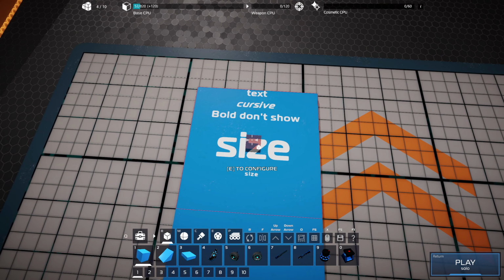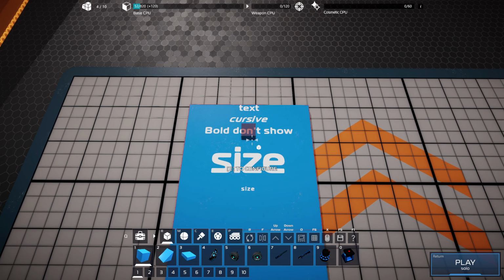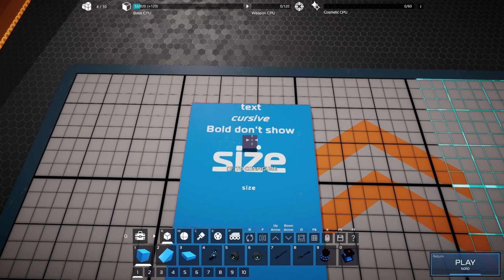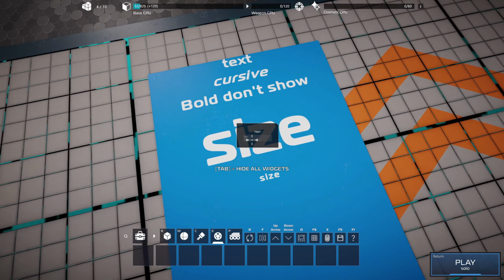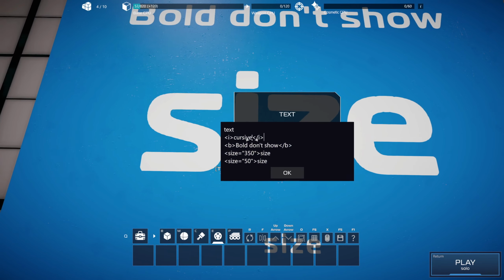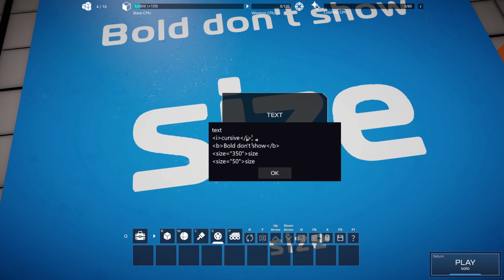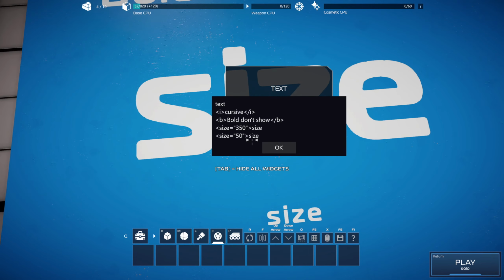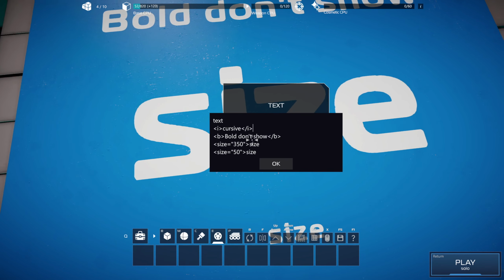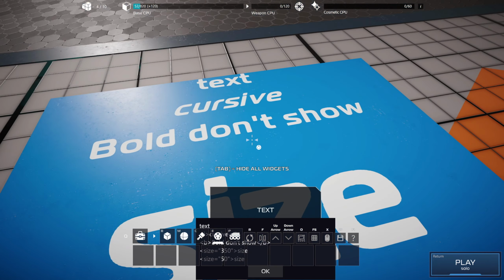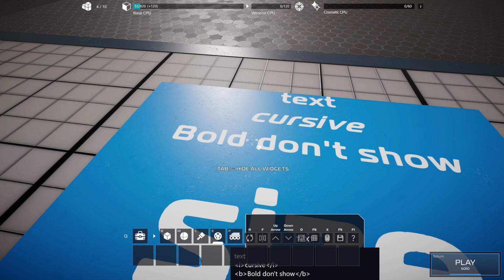Hello and welcome. This will be a, what I hope, comprehensive and quite short guide to the nameplate in Robocraft 2. You can of course write on the nameplate. You can also use I for cursive and /I to stop cursive. You can use bold as well, but bold won't really show because the type of font they use